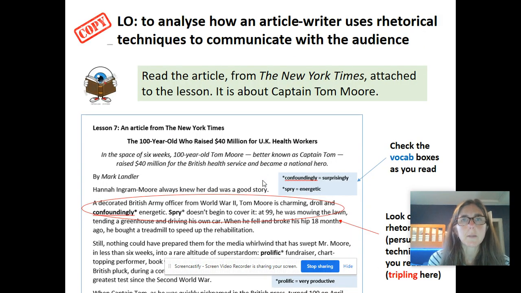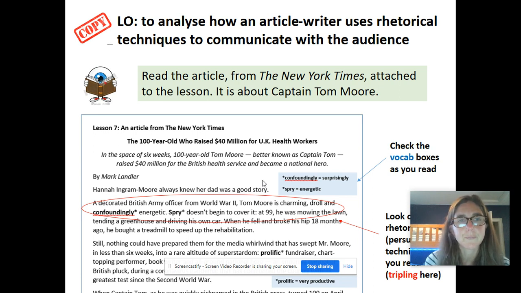So back to the learning objective. As I said, we're going to look at an article and look at how an article writer, a real life article writer, uses rhetorical techniques. And we're going to have a look at an article from the New York Times about Captain Tom Moore. Now, I'm sure you've all heard a lot about him. He's been all over the news with the money that he's raised for the NHS. I'd be surprised if anyone has missed it, but if you have, don't worry,